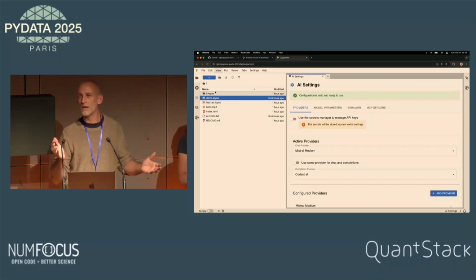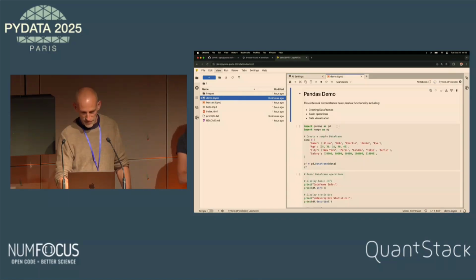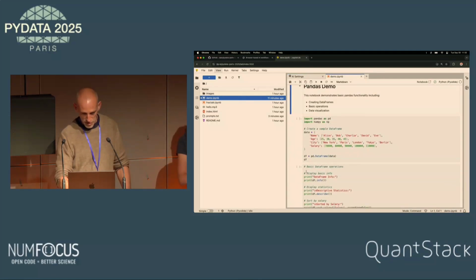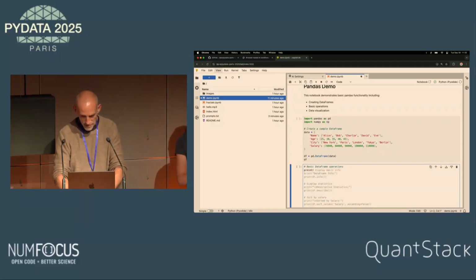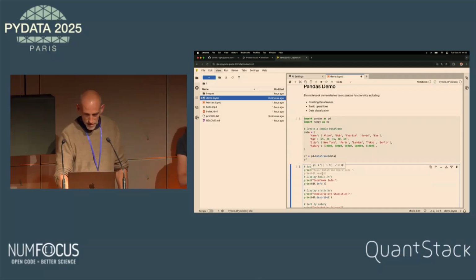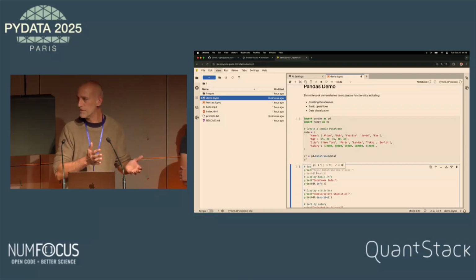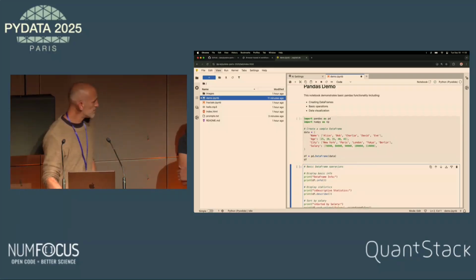So the code completion will provide you some suggestions in the notebook. For example, if I open one and try, you can see the suggestion. The completion has some context about the notebook and the current cell, so it should provide some interesting information. Basically, it depends also on the model. Some models are better than others at providing completion. And now I will let Jeremy show you some more features.